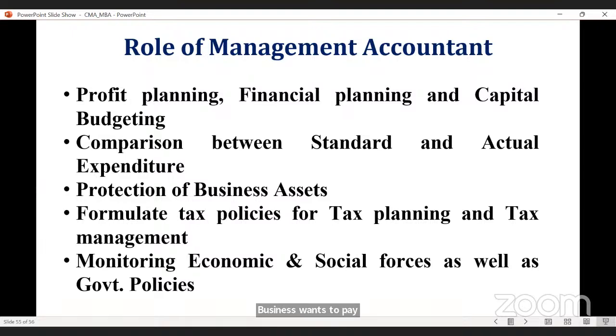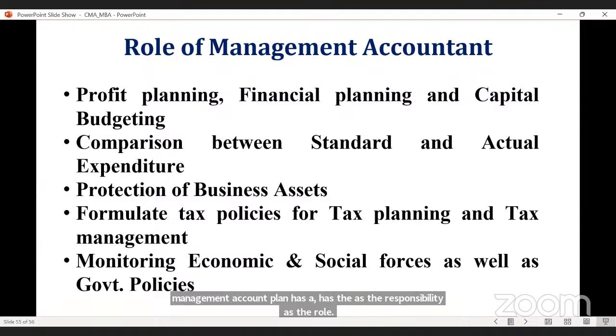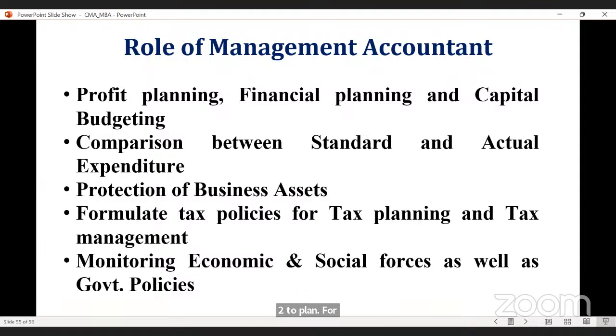So the management accountant has the responsibility, the role, to plan for the tax and to manage the tax in such a manner that by taking all the provisions of the Income Tax Act, the business needs to pay a minimal amount of tax